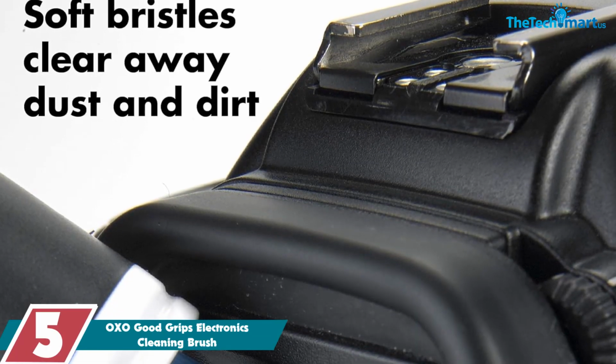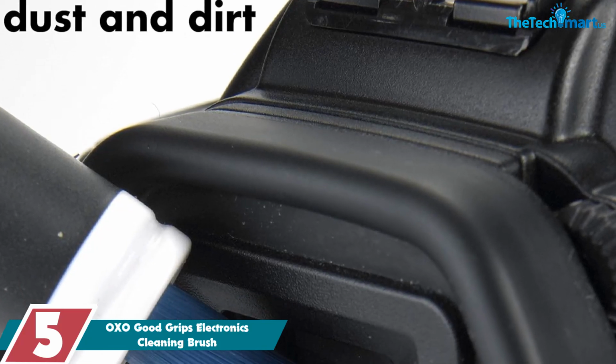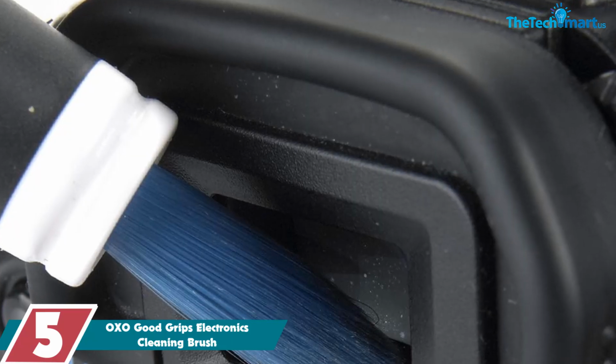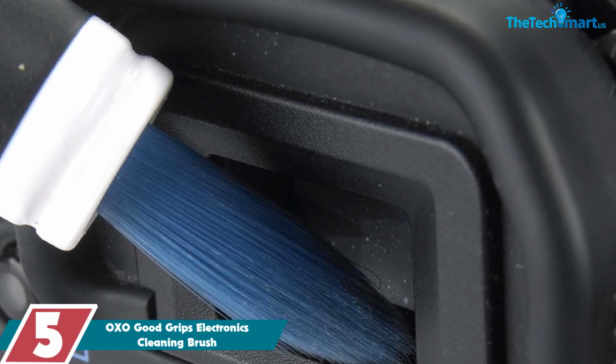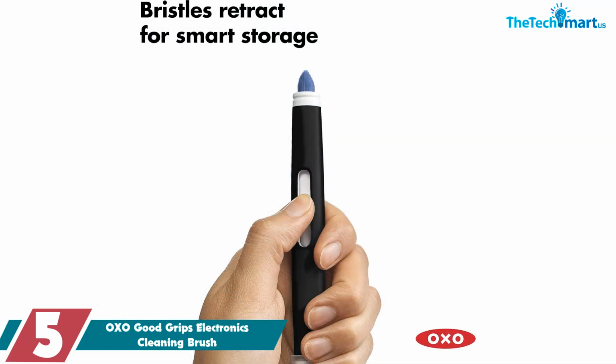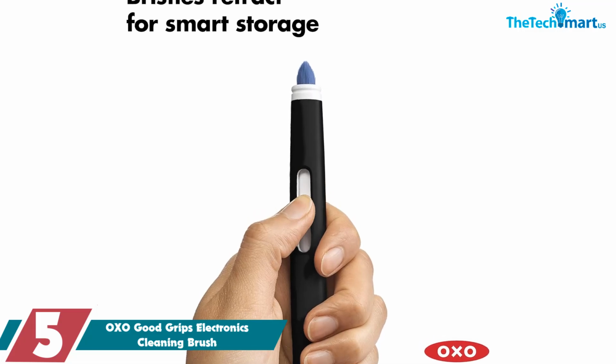Starting at number 5, we have the OXO Good Grips Electronics Cleaning Brush. The OXO Good Grips Electronics Cleaning Brush is our best choice for tech cleaning products and perhaps the best and quickest solution for keeping your laptop, phone and more free of dirt. The dual cleaning capabilities offer a little more than your average cleaning kit, while the portability means you can clean